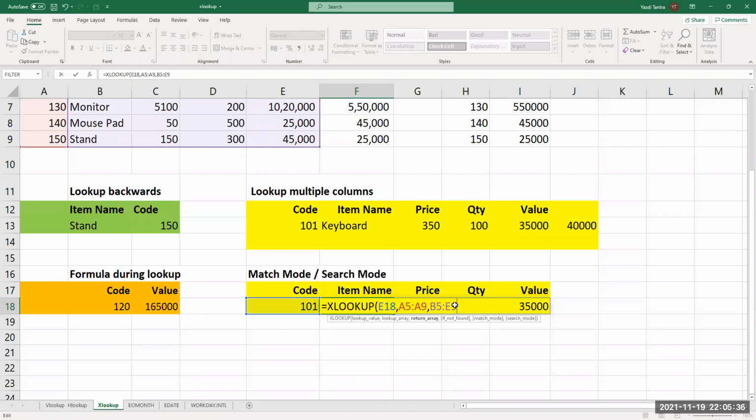Type this again, comma, comma. Now what are the options? Exact match, or exact match or next smaller item, or exact match or next larger item.